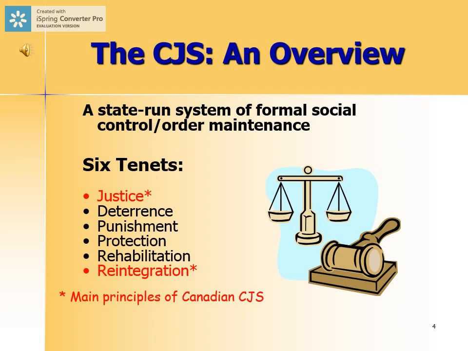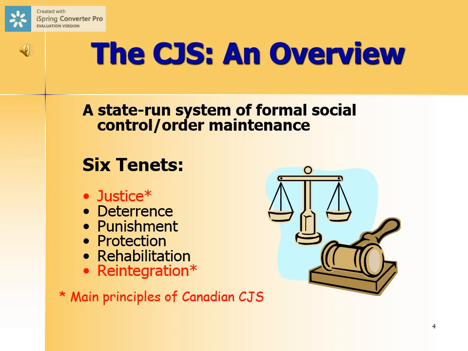In Canada and in any other country, there's basically 6 tenets to the criminal justice system, and we'll talk about this in greater detail in subsequent modules. The first is justice, the second is deterrence, the third is punishment, the fourth is protection, the fifth is rehabilitation, and the sixth is reintegration. So justice is basically about ensuring that defendants, the accused, are given justice, and that society in general is given the justice it deserves through the prosecution of criminal offenses and the enactment of criminal codes.